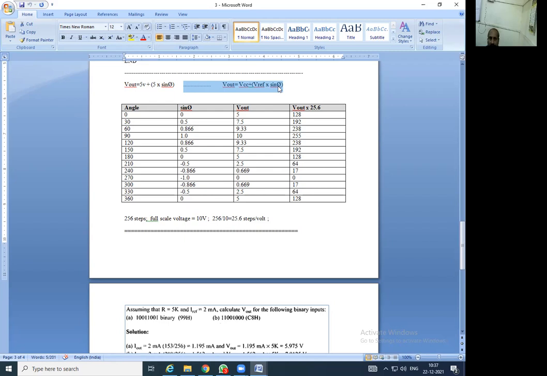So for that, we have taken V out equal to a maximum of 5 volt. As the angle goes on increasing, the sine theta value is going to change. The VCC and V reference are going to be fixed. Okay, so accordingly, this table is managed over here. So in this table, one column is V out into